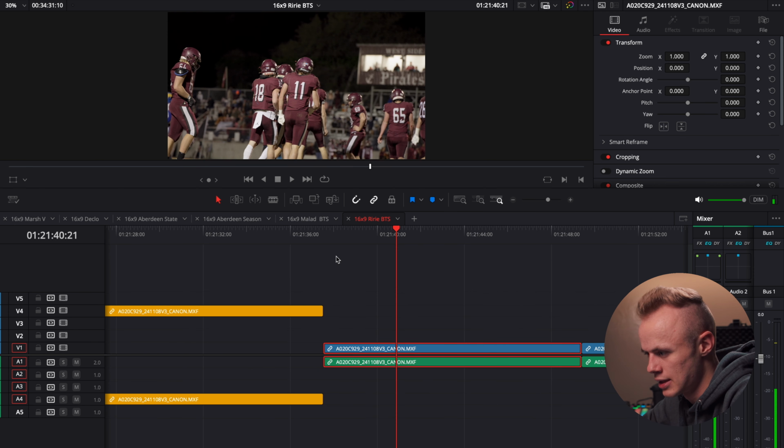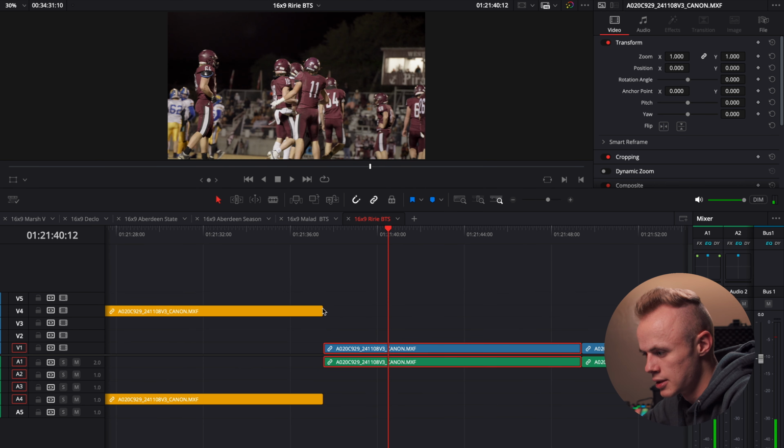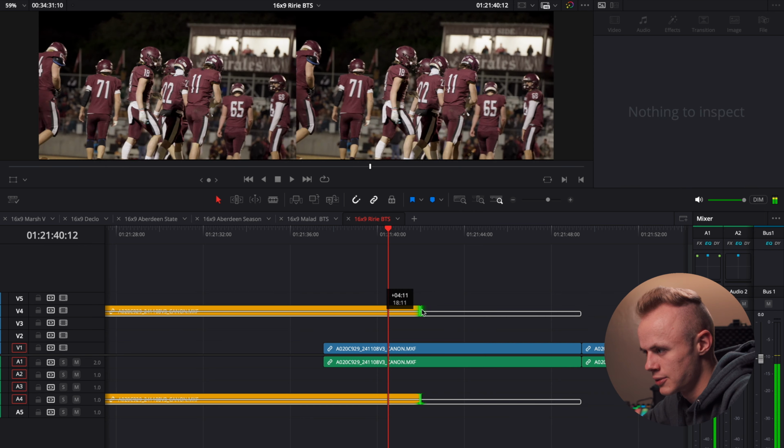Oh, right there, those two players together. Real good friends. They're the two that hired me out for the season. That's exactly what I want. Another thing I should have talked about when I was filming sports, not editing sports: you can nail the shot 10 times. Nail the composition, the framing, the focus, you can get everything perfect 10 times in a row, but the play sucks. Nothing happens with the play. But then the second they make a good play, you have to nail your shot, because if you miss your shot while they nail their play, score a touchdown, get a 20-yard pass, run for 90 yards, and you miss it,